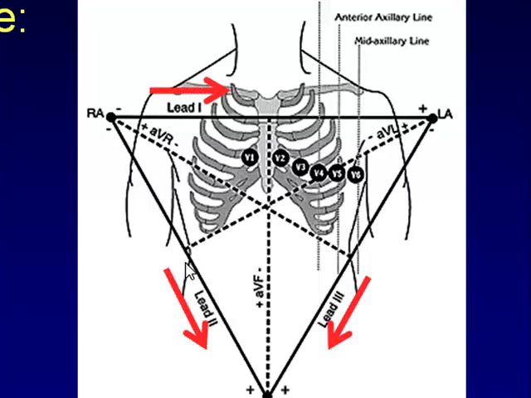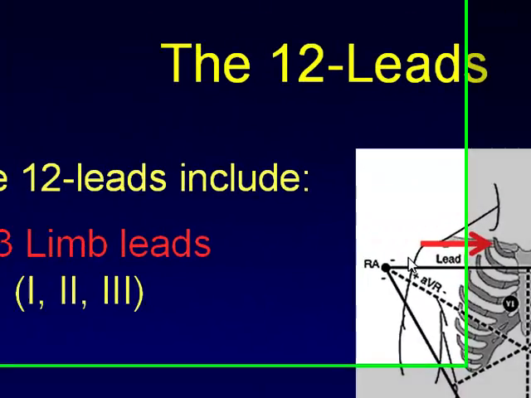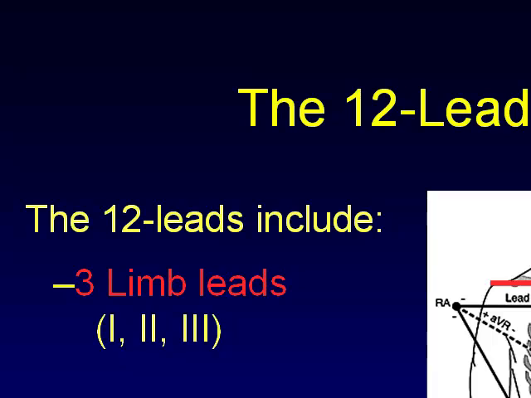This is the direction, as you see here, and these red arrows are telling us the direction of these standard limb leads. What does that mean? Yes, this is very, very important. As I told you, the standard limb leads obtain the graph of electrical forces as recorded between two limbs